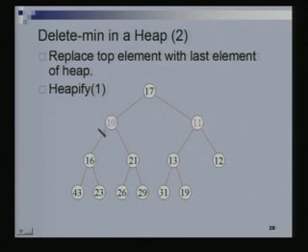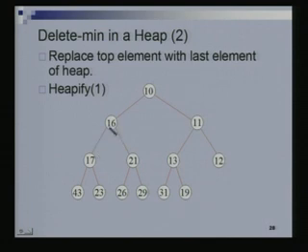Heapify 1, as we also saw in the last class, would take the minimum of these two, which is 10, and swap 10 and 17. Now, the heap property is valid at this node, but it is now violated at this node. So, once again we are going to take the smaller of its two children, 16, and swap it with 17.